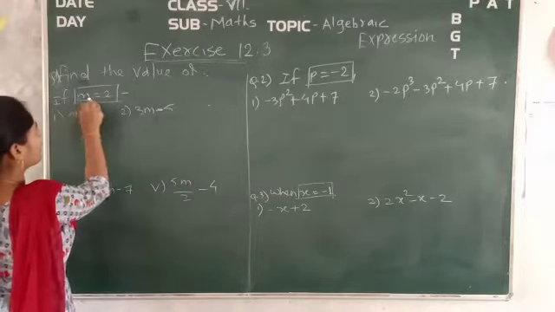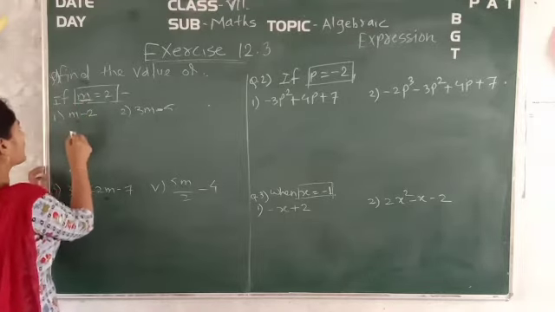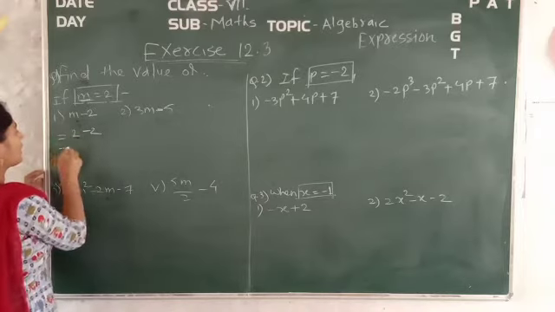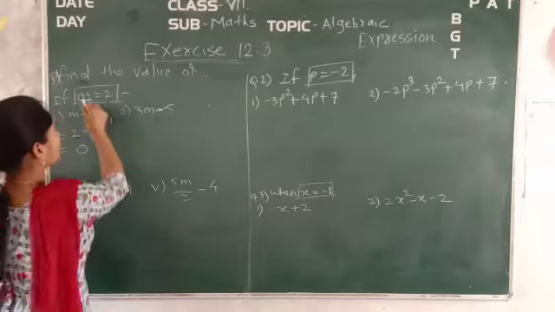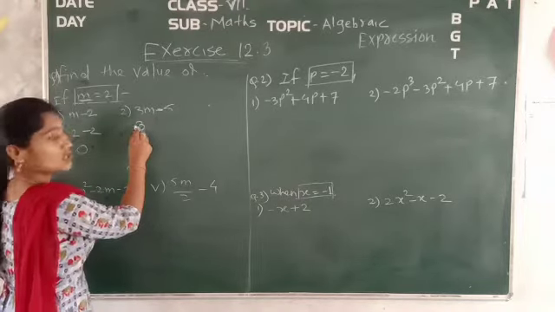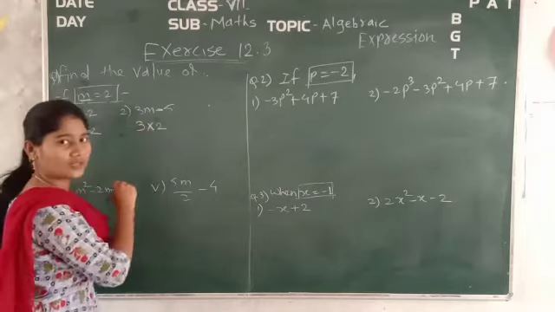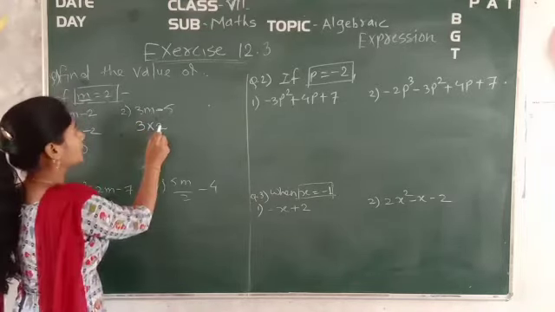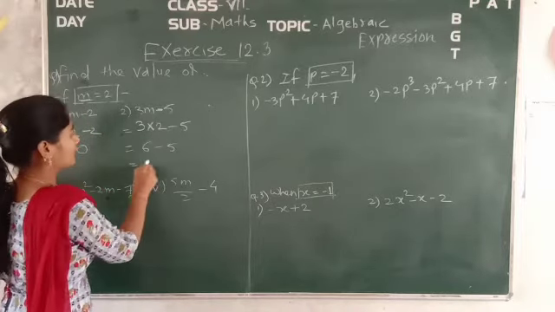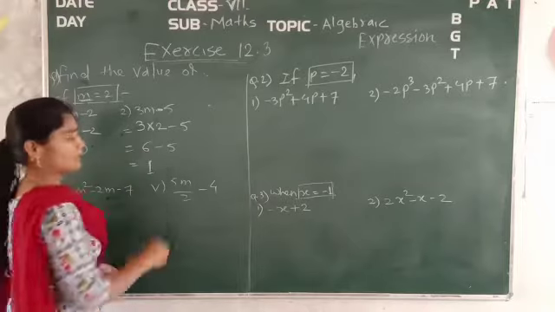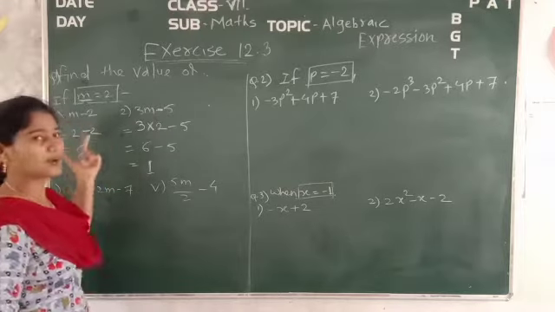Now here you have been given the value of m is equal to 2. So put m equal to 2. Here 2 minus 2, what will come? It is 0 only. See, so simple. Again you have to put m equal to 2 in this expression. So it will become 3 into 2, because in between there is the sign of into, that is multiplication. We have put 2 here, minus 5. 3 times 2 is 6, minus 5, it will be 1 only. So the value of this expression is 1. The value of the first expression is 0.